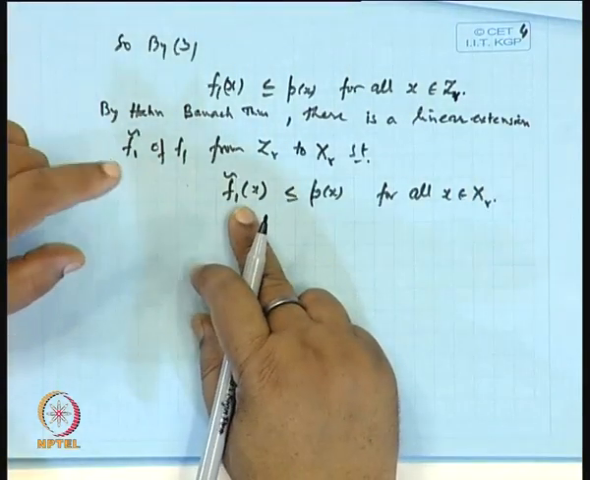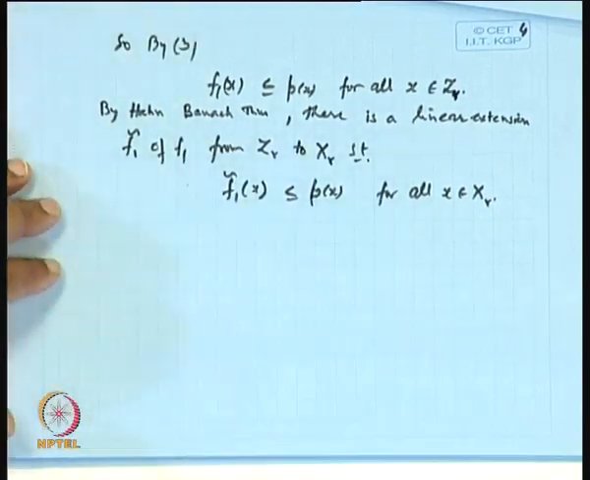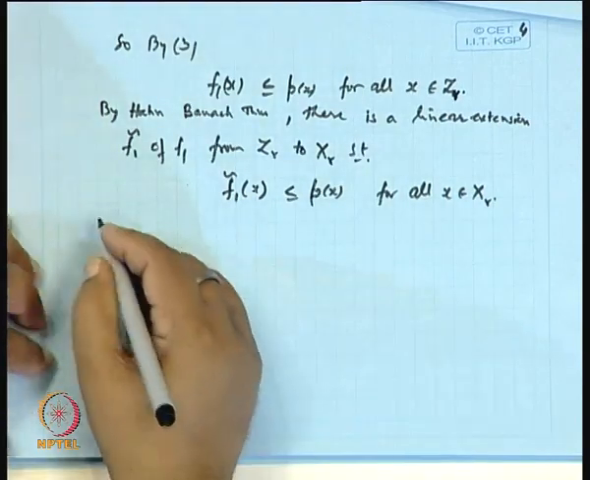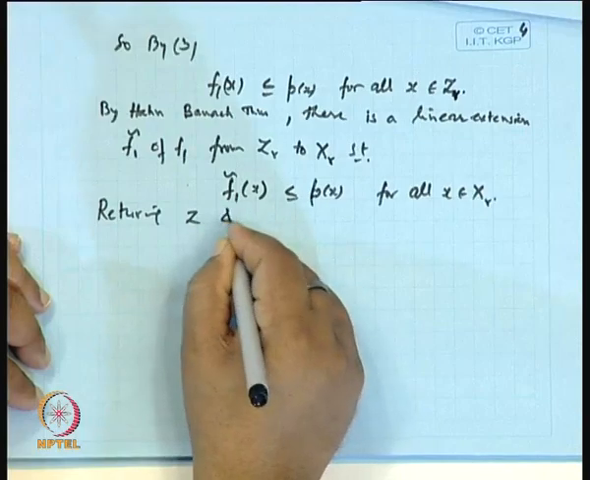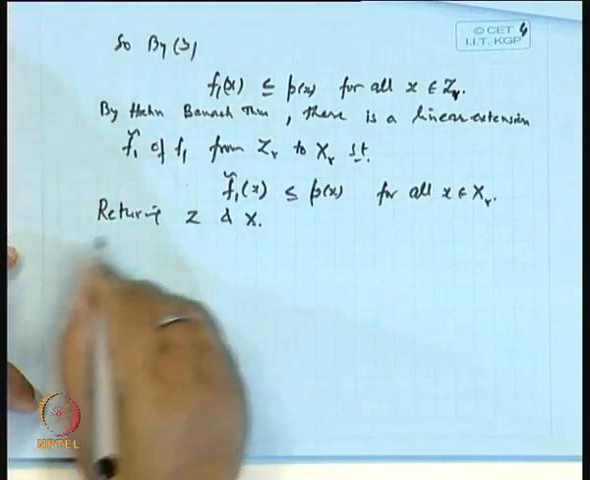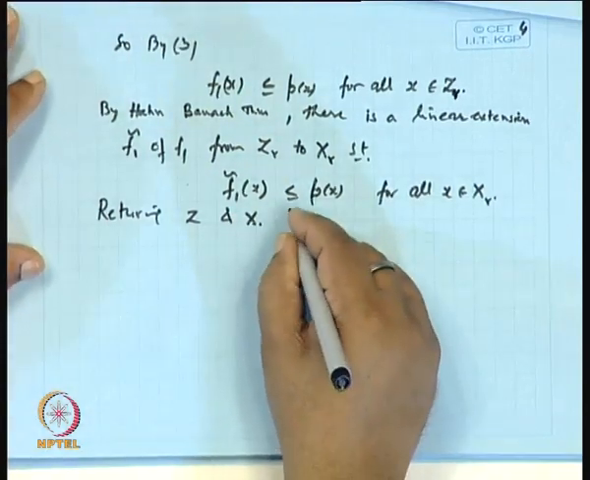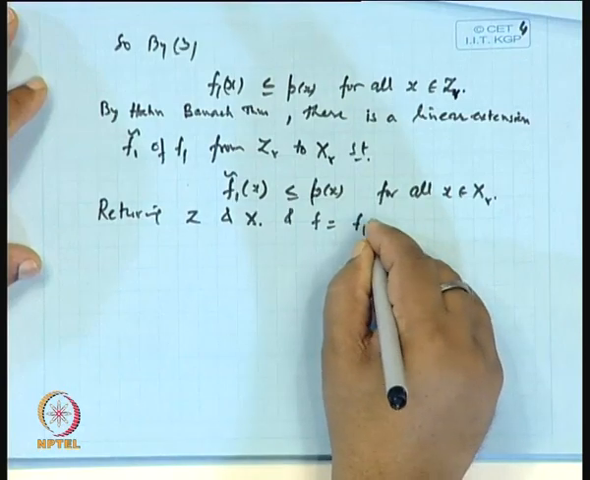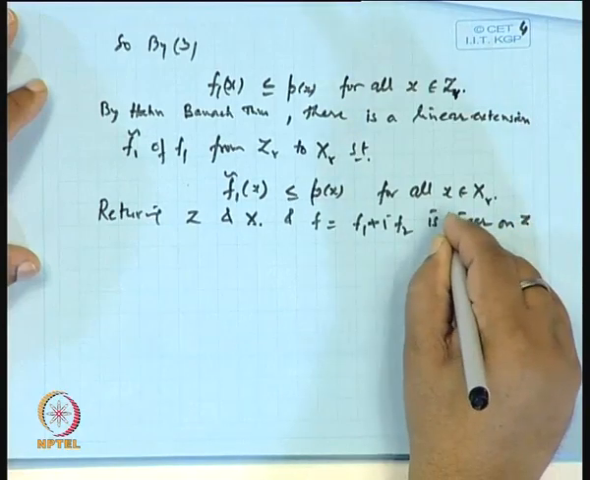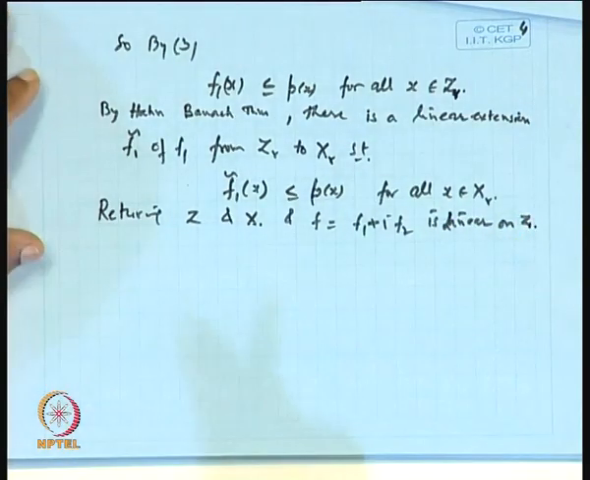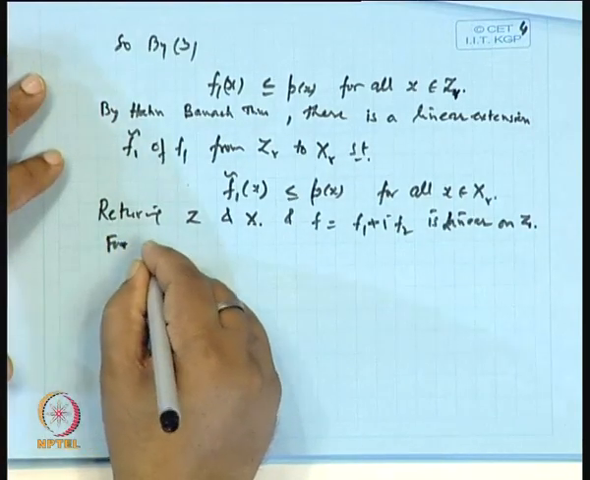Now, once F1 is there, let us take the F2. Okay. Now, we turn to F2. So, what we do is return to Z, and x, meaning now you take x as an element of Z, and f, which is f1 plus i f2, is linear on Z. This is linear on Z. So, for every x belonging to Z,